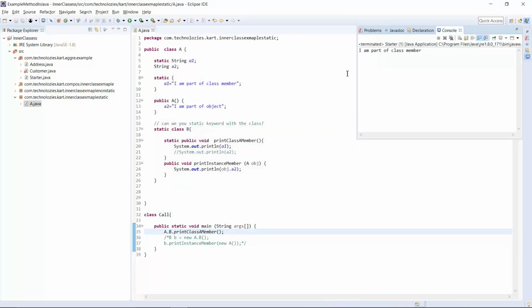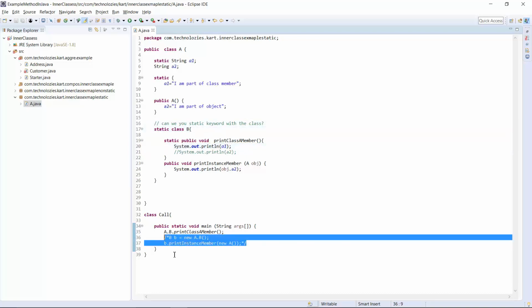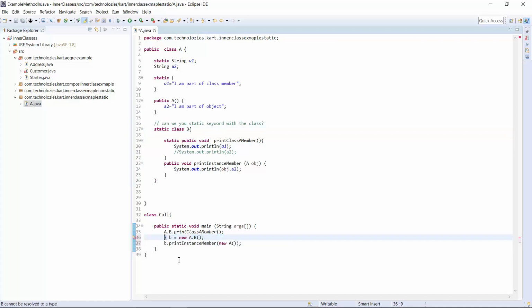So here I am, part of the class member. This method has been executed. So what if I want to create the object of class B? How can we do this? This is the example. Directly we can go with